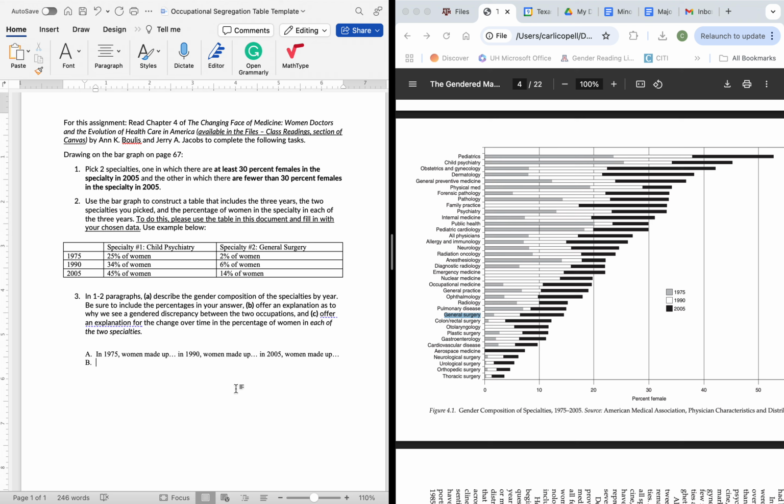Okay, and then for the second part, offer an explanation as to why we see a gender discrepancy between the 2 occupations. So in this one, I would think about things such as maybe cultural norms and stereotypes. So for example, child psychiatry is often seen, in comparison to general surgery, as more nurturing. You have to be more emotionally attuned, and it's kind of aligned with caregiving due to this keyword right here, child. So many people may show traits that are historically and socially linked to femininity who choose child psychiatry here